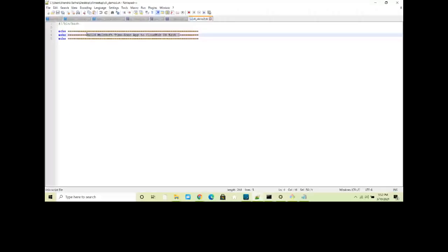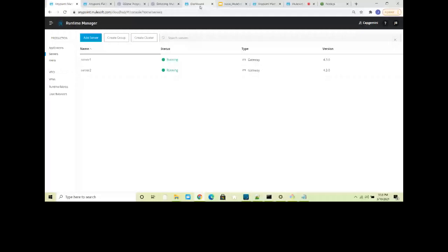Set up Anypoint clustering. Okay, so for that again you have to go to the list of commands. If you go to the list of commands in your Anypoint platform, this is a very important page. You search for what you want to do. So, local server cluster. I want to create a cluster.